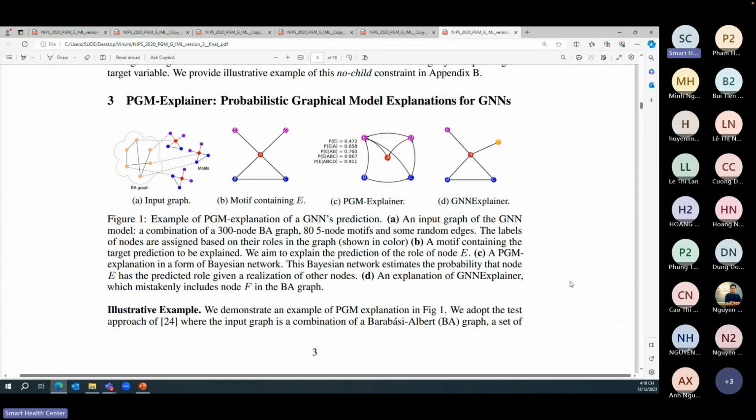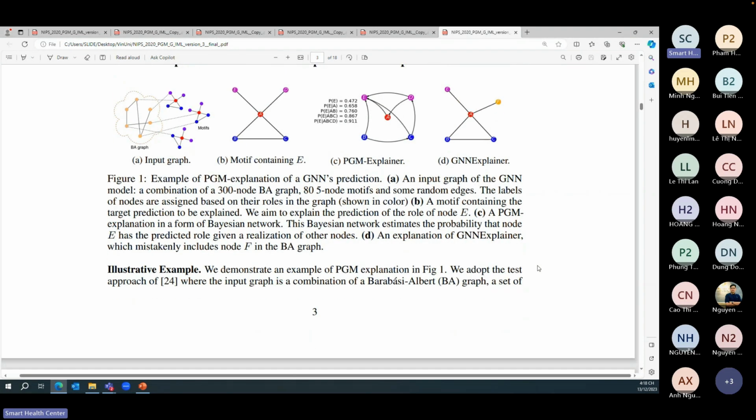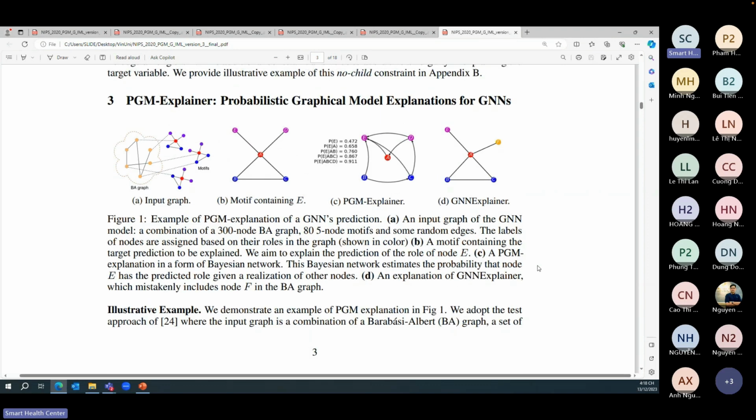So this was a couple of years ago when we came up with a new explanation for GNN. That is the first work on explanation for GNN. When we were talking about explanation in GNN, they didn't know what we needed to explain, so we drew a figure to show how we explain. So without reading the solution, they know this is an important part that you need to explain. Just look at the diagram, right? A picture says 1,000 words, right? But that is just an example to understand what we want to do.